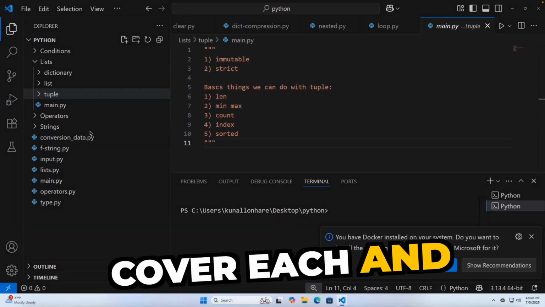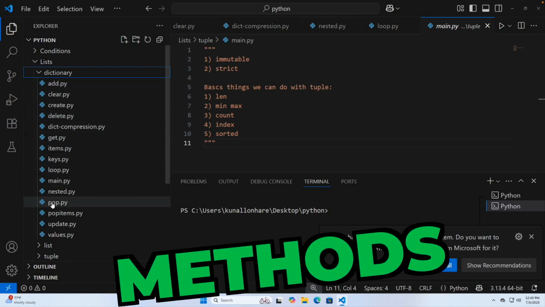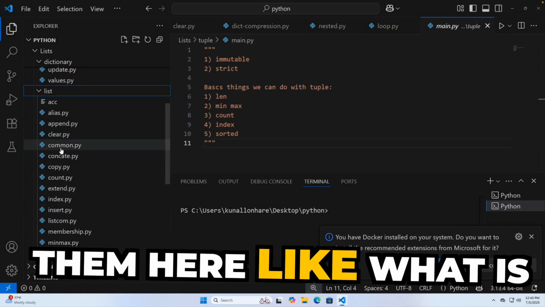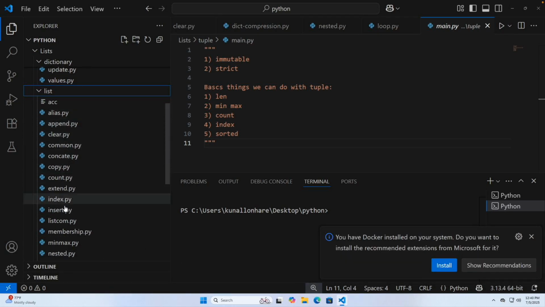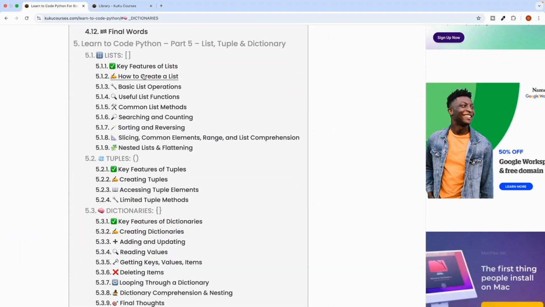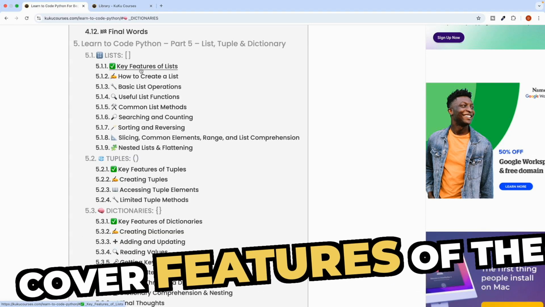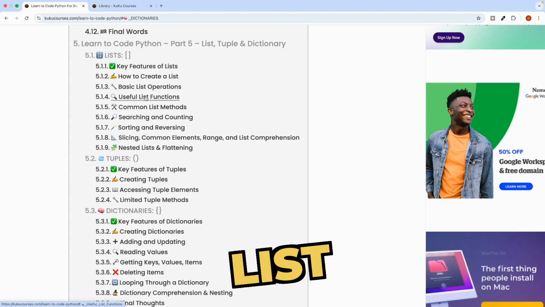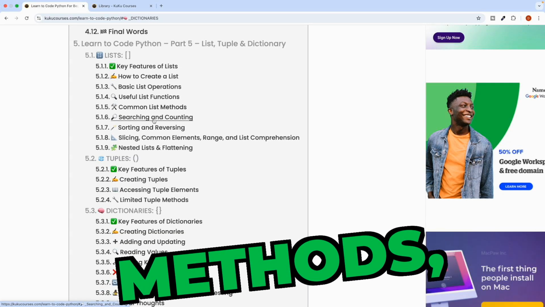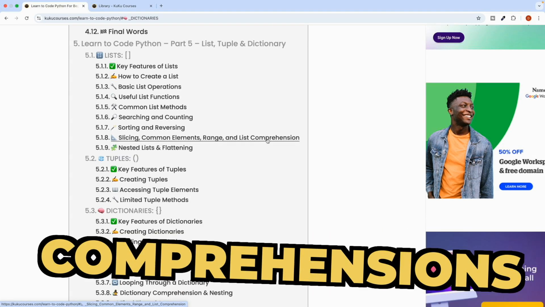We will cover everything from the basics, and you will see that dictionaries have plenty of different methods and functions. Even in the list you will see most of them here, like clear, and plenty of other things. So we will cover each and everything. Let's say from the list, we will cover features of the list, basic list operations, useful list operations, common list methods, searching and counting, sorting, reversing, slicing, range and list comprehensions,